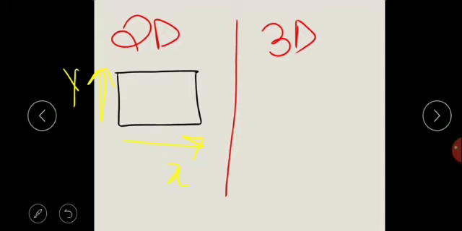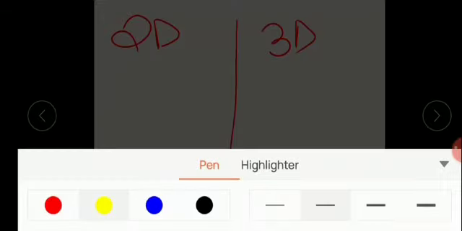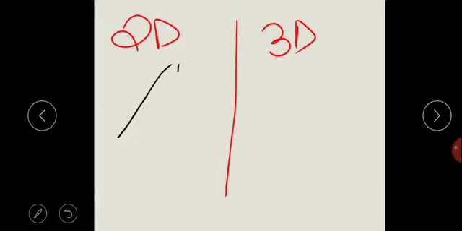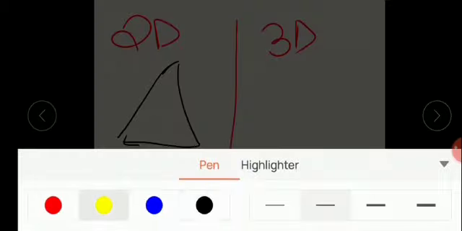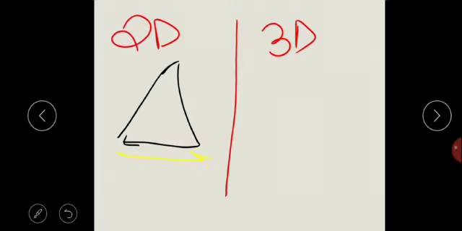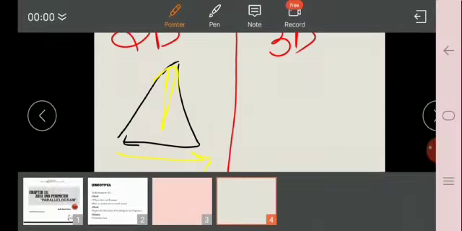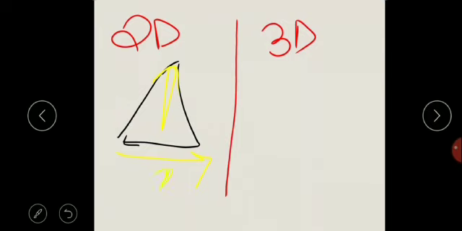Let's take another example. Let me draw another shape. Let's take a triangle shape over here now. So if you look over here in this triangle shape, again we have a lying side and we have a standing side. So basically this shape is covering space horizontally. If we look, this shape is covering space horizontally and also vertically, that is, upwards. Similarly, it's going to have two dimensions again, x and the y axis.